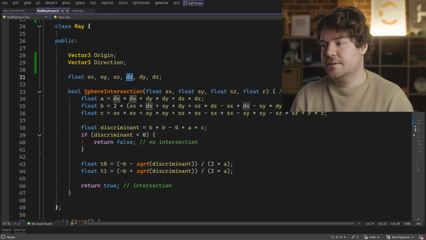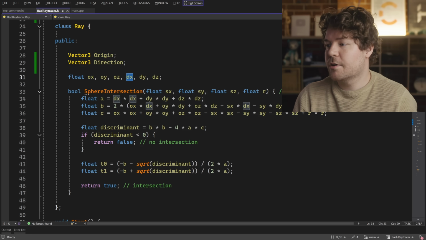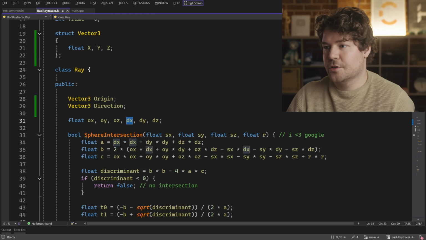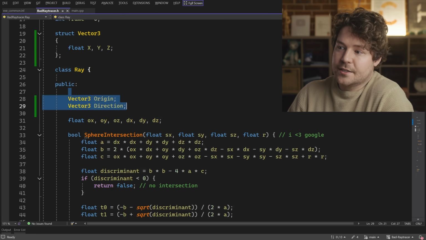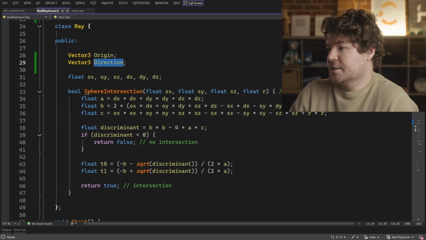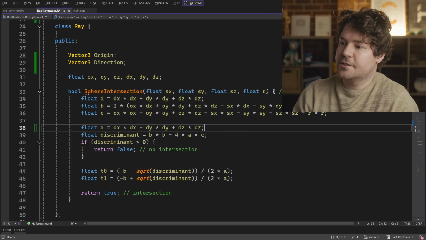Obviously people who are somewhat experienced, even a little bit, with ray tracing and a class called Ray could guess pretty easily what that is, but this is even better. I guess the only potential downside is it would physically increase the size of this math, right? So float A